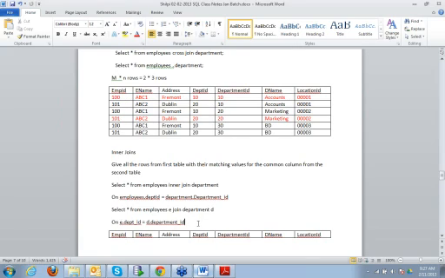Then it's a good practice to give table aliases. What is the advantage of creating table aliases is that it makes the query run faster, and it is more readable as well. Right now we have just a small query.